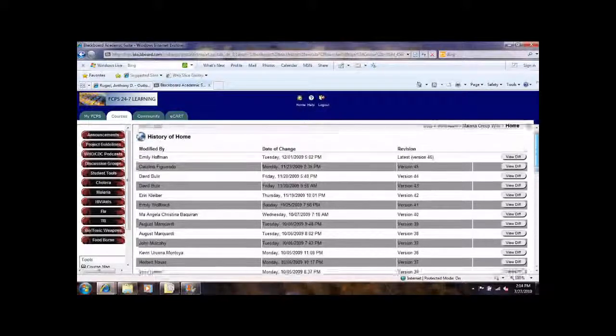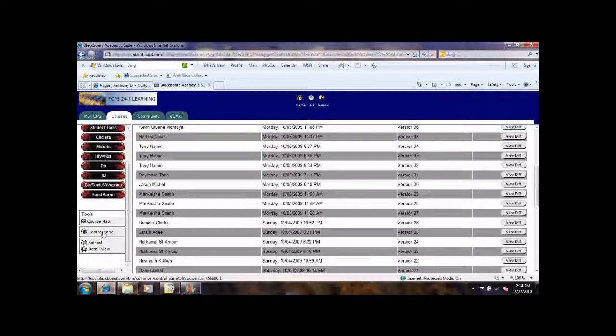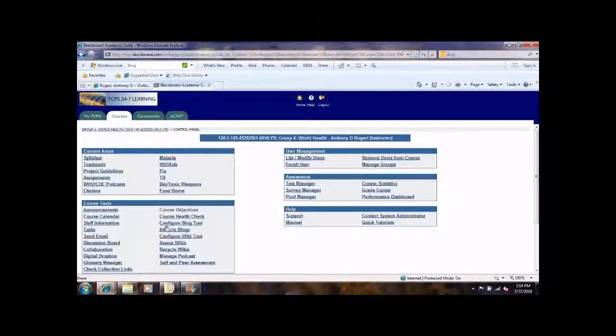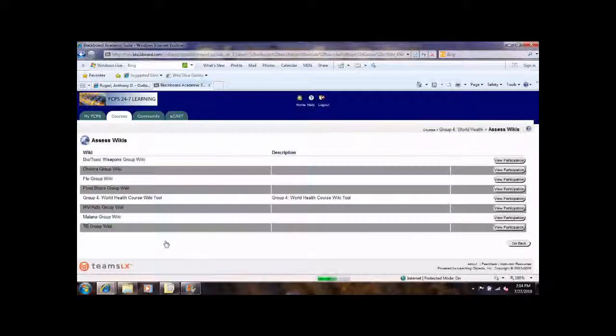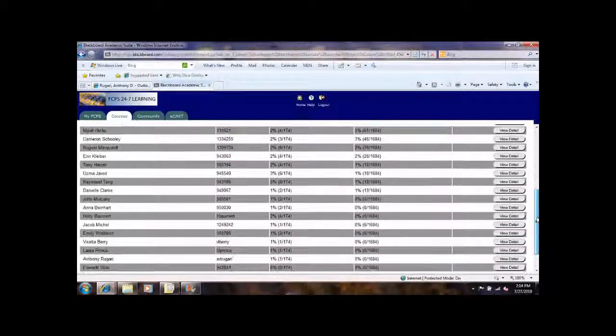We can view the different versions if we want to. That's not really where we're after. Let's go to the control panel and assess the wikis, and you'll see there are a lot of wikis here. We want the malaria wiki, view participation. It'll take a minute. Alright, and now I have the entire roster of who's enrolled in this wiki,